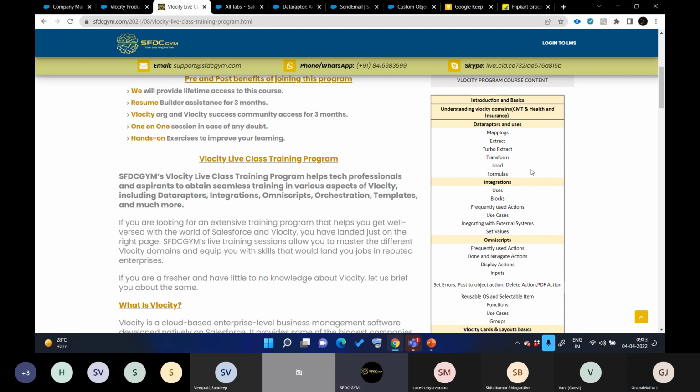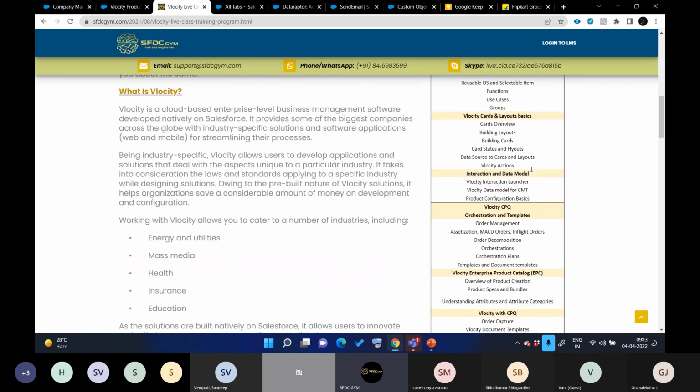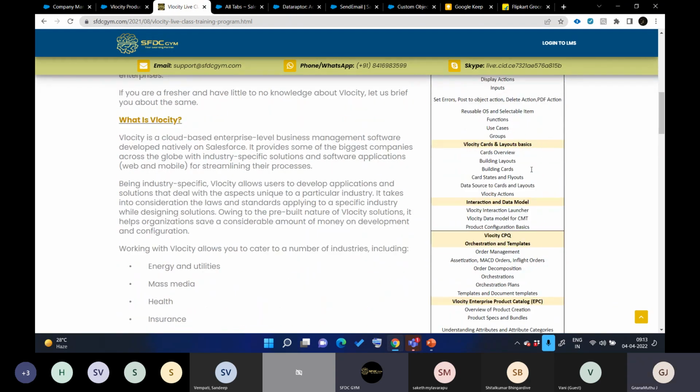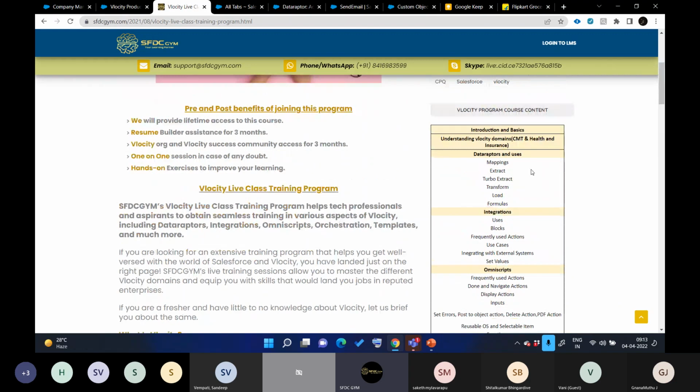I will try my level best to discuss those things, but those are not part of this course. For development, like I said, we will only discuss how to enhance the UI and how to connect your LWC with OS, how these two components can talk to each other. But if you could cover these particular things, it would be great, at least in one session. Yeah, sure, I'll try that.